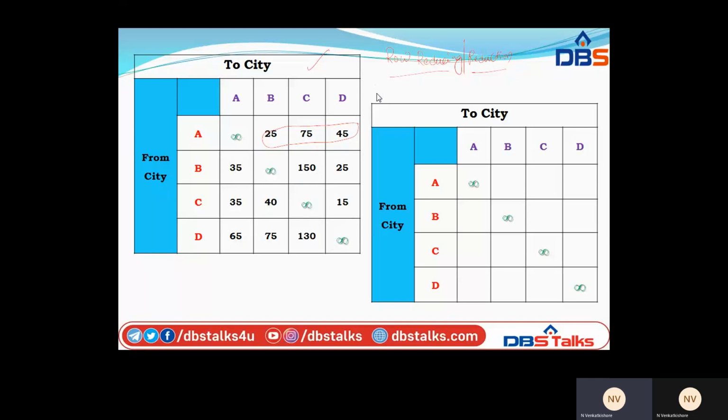Here 25 is the least value, so subtract it from all the other values. So the table becomes,